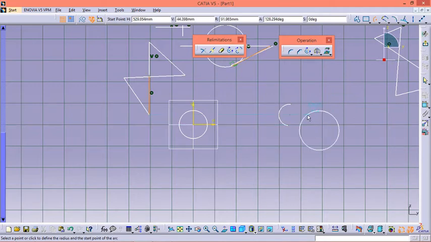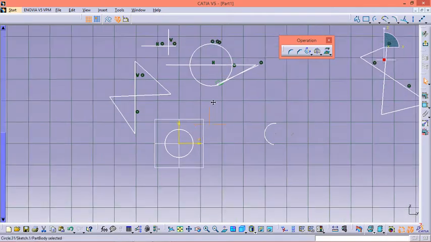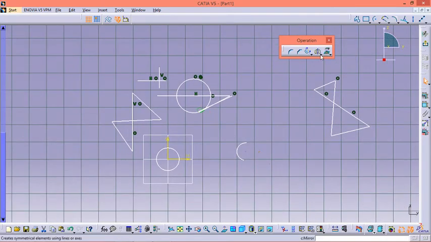And these are not used much. Once we go for full-fledged part design, we will try to use all the available relimitations or any sketcher tools. Though next we will move towards